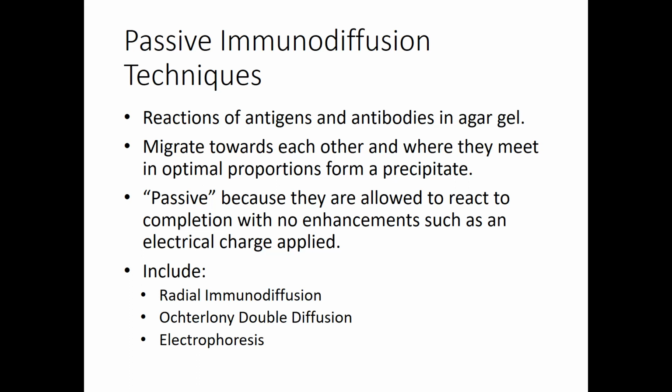The ones that we're going to look at first are called passive techniques, because usually the antibody is in the gel, and we load in some patient sample, and we just let it sit. We allow them to react to completion, no extra enhancements. We don't have to apply an electrical charge. And so there are three techniques we're going to look at: radial immunodiffusion, Ochterlony, and electrophoresis. So no enhancements means passive